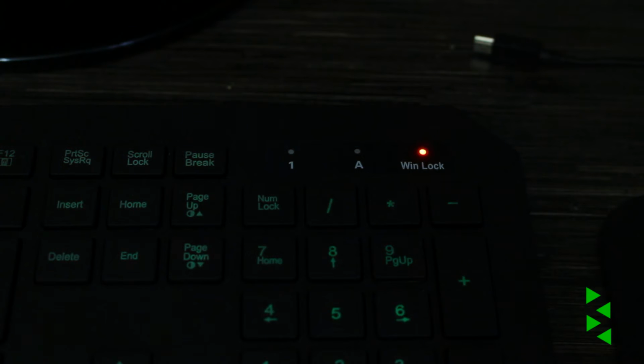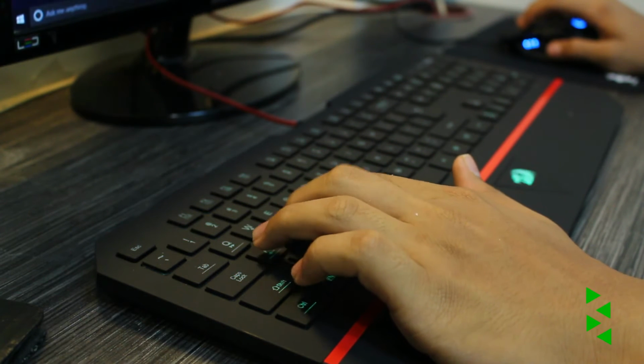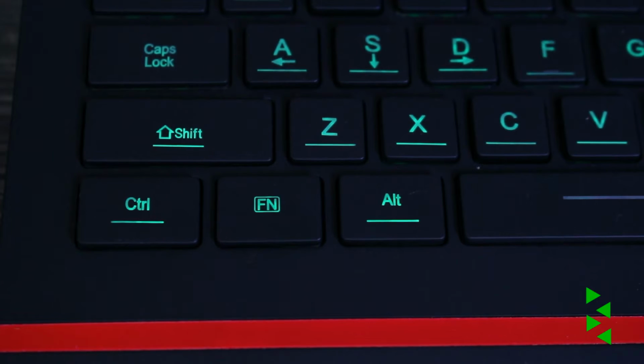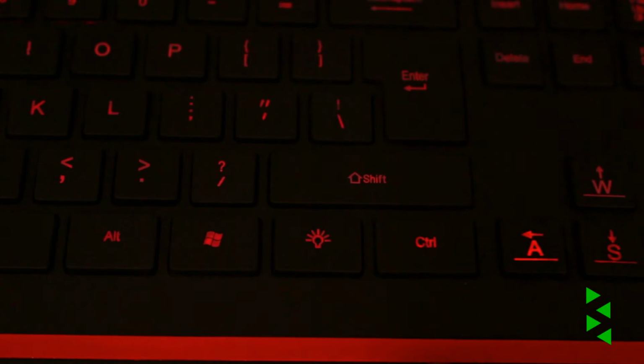I'll tell you in a bit, but the features are not over here yet. If you are a left-handed person, they have also provided a function to interchange the function of the arrow keys and the WASD keys. So the main switch is the function key down on the left side. To switch between different colors, you press the bulb key here. Similarly for the shuffle, you press the function key and the bulb key together, and voila, you do the same